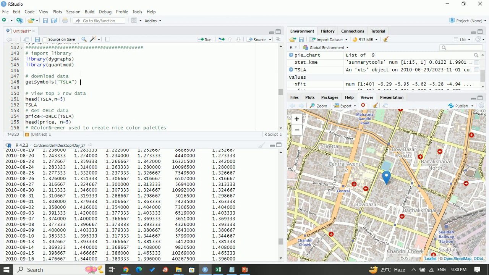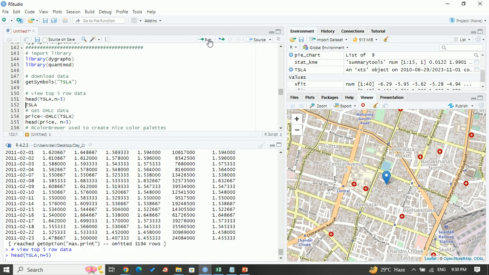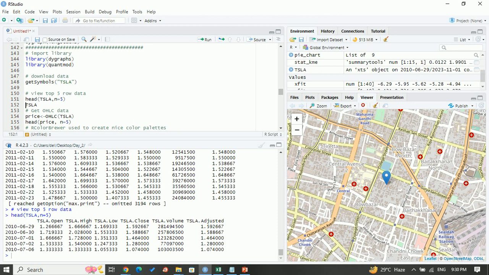Okay, now for simplicity, I have to show you how the time series data looks like. If you use the head command for the first entries, just see. This is your head, and this will show you the 5 entries of your data set TSLA, and TSLA opens at this date at 1.2. The value of this is 1.2, when the high is 1.6 on this day and the low is 1.19, and the close is this, at this price this will close, and the total volume of the share is this, and the adjusted